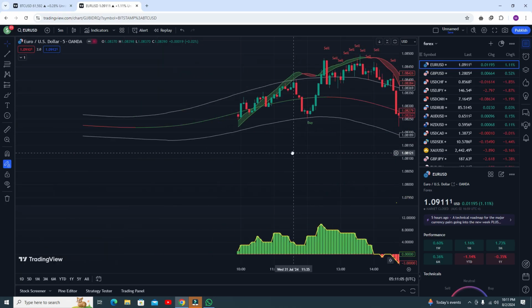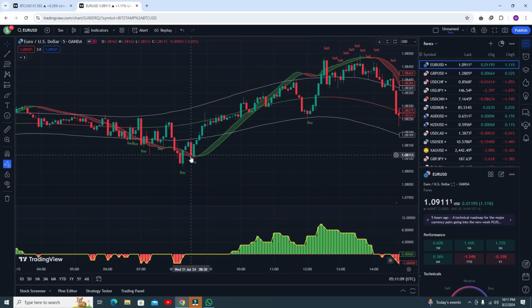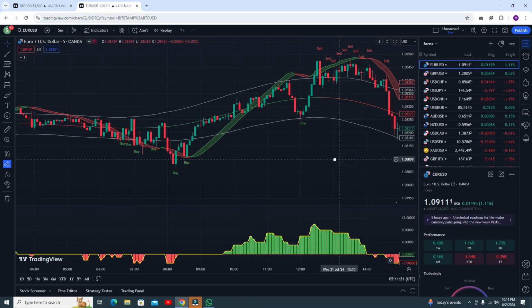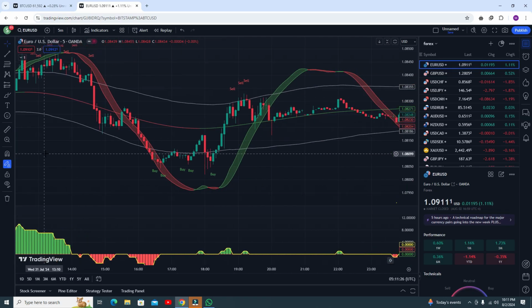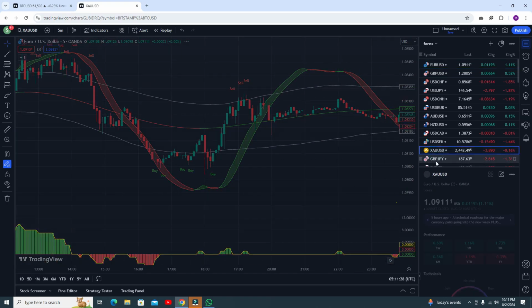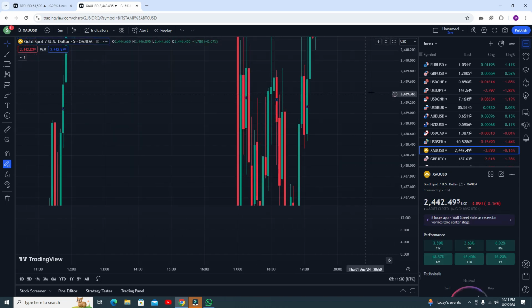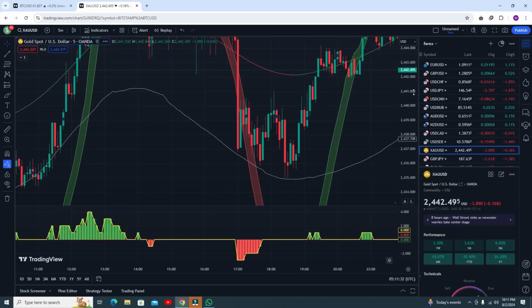Okay, let's move further and let's see. Here there is no volume and you can see you are getting a buy signal, so you can follow this buy signal. Okay, and there is huge buy volume, and this is actually a very good position. Okay, and so on. You can see the accuracy is awesome. In the gold, let's move to the gold, and we need to see the results in gold.